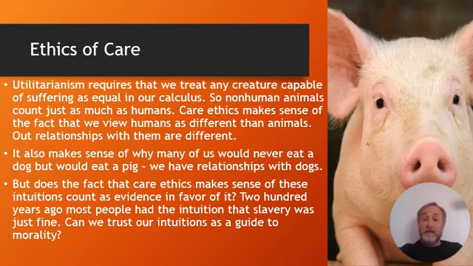Now, one possible counterexample to this would be farmers, right? For most of human history, most of us were farming and keeping animals close to the house and then eating those animals. I don't know if any of you had a chicken that you raised and then killed and ate. Humans have been doing that for a larger part of human history, and even though they're very close to those animals, they don't seem to have any trouble eating them. So I'm not sure how the care ethicists would respond to that.